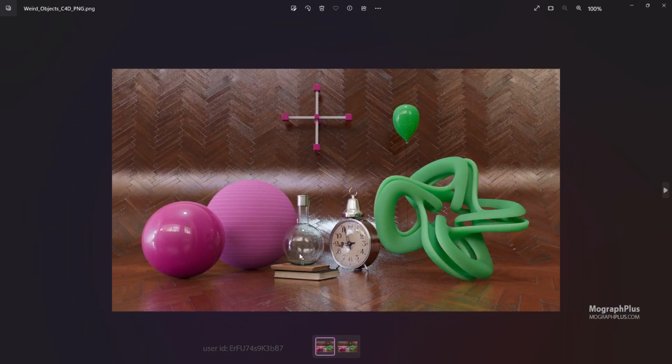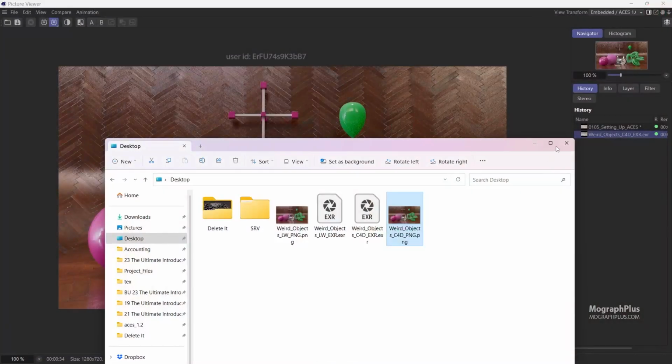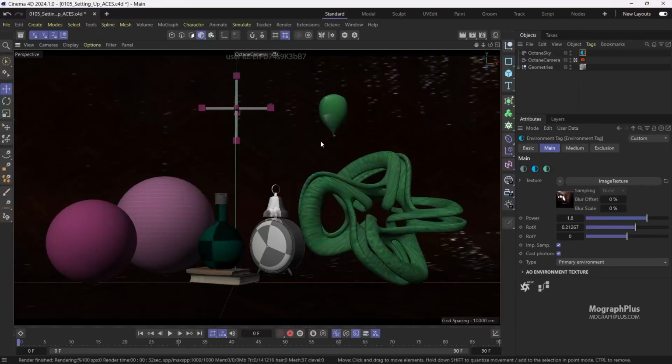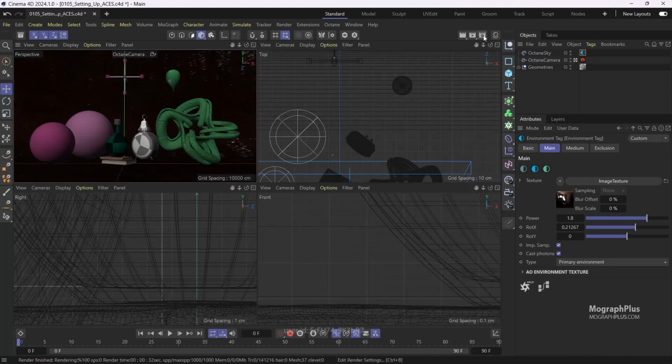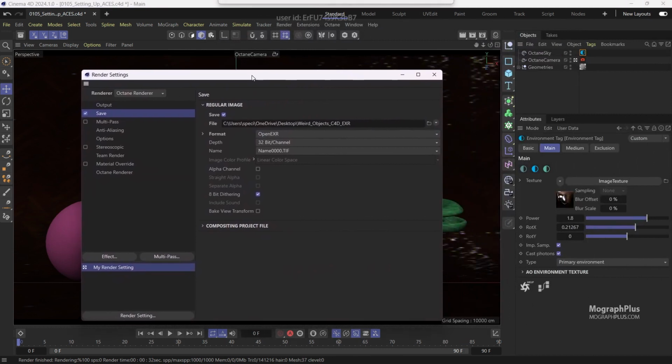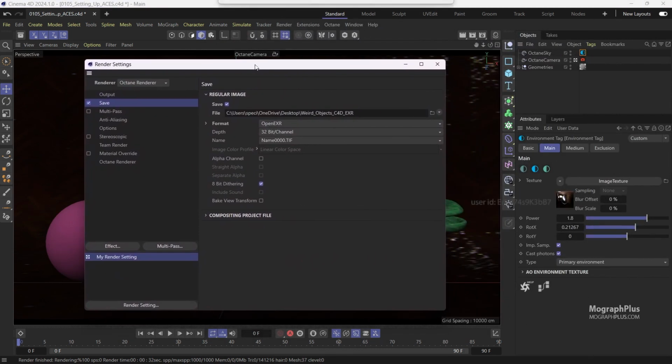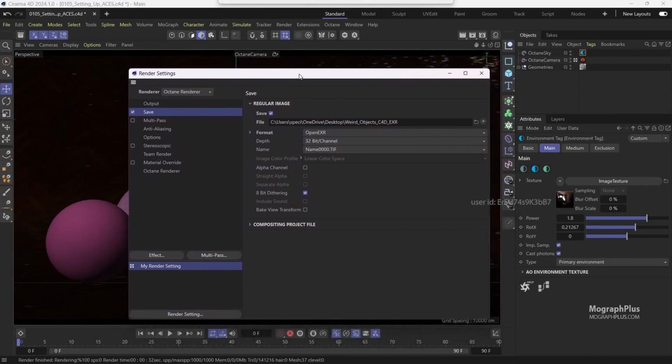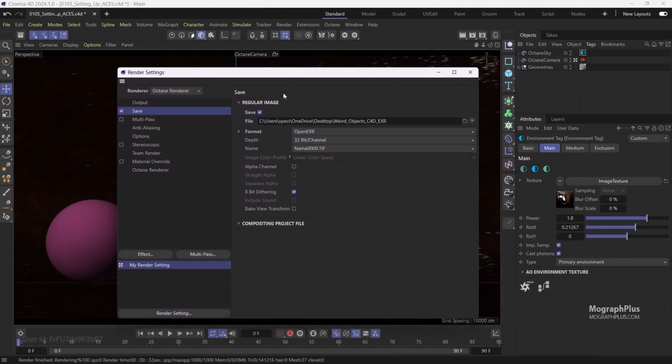But the best way to save images out of Octane is through Octane's own workflow. Saving through Cinema 4D's native workflow has some limitations, which we'll learn some of as we go through the course. And you don't want to really save out from the live viewer because the live viewer does not represent, for example, motions and animated sequences quite well. So if you want to save it properly, we have to use Octane's native workflow. Let me just open up the Cinema 4D settings window